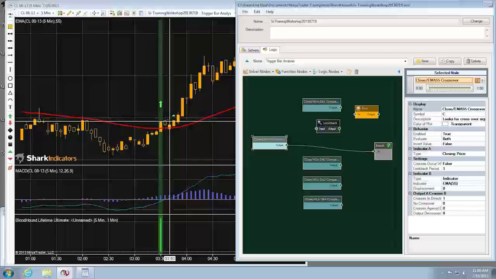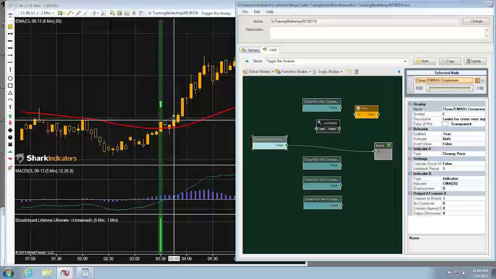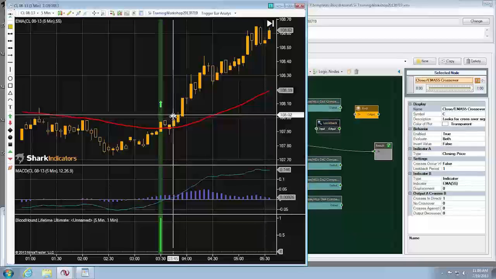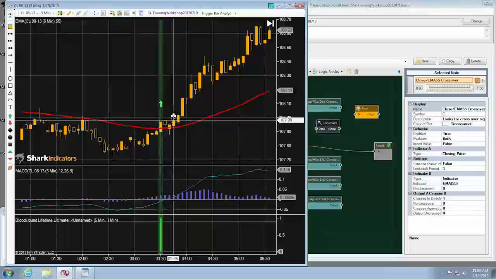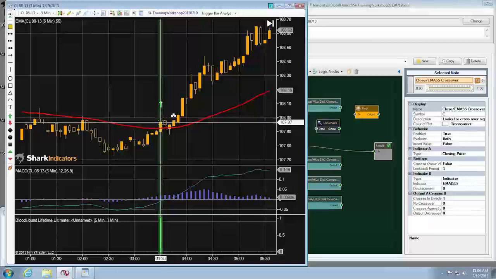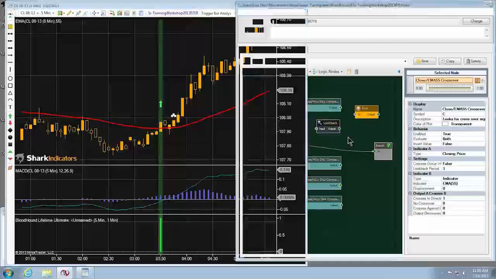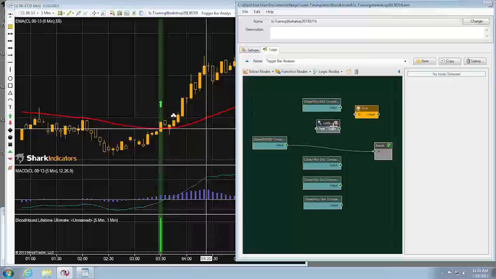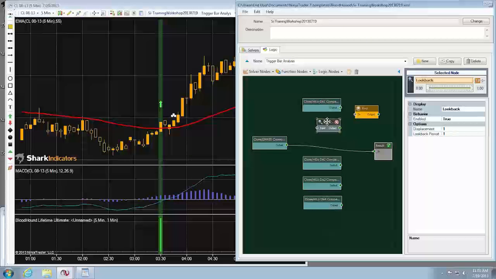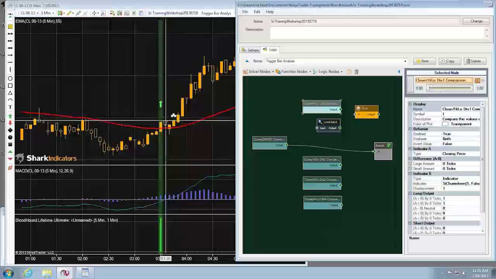That way, when our secondary condition happens on this bar right here, we also need this long signal of the trigger bar. We need it to occur on the bar where the closing price breaks the trigger bar's high or the low. So we have to find a way to increment this trigger bar signal forward each bar one at a time. That's what this lookback is going to do. So if we look at the next bar forward,